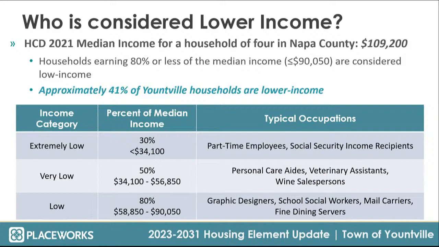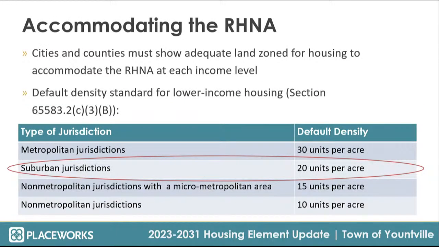So that would be part-time employees or Social Security, people on very fixed incomes, that if they didn't have that one income, they could be in the process of losing their house. So those are the way that we kind of equate that, and we have to show that analysis in the housing element. Next slide. When I talk density, so the state equates density to income,